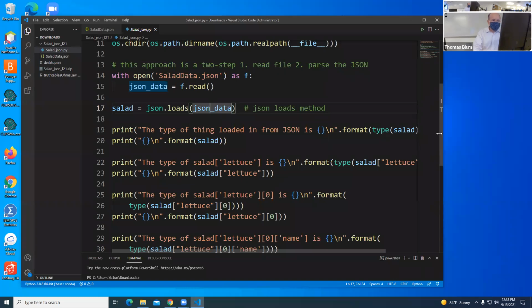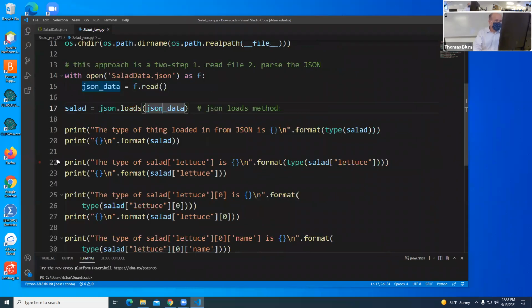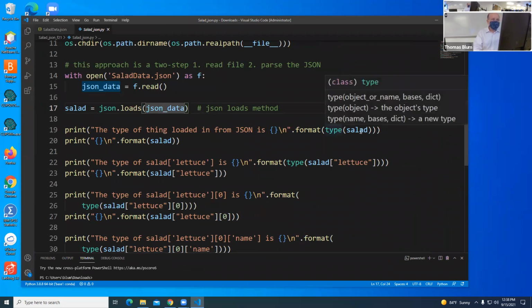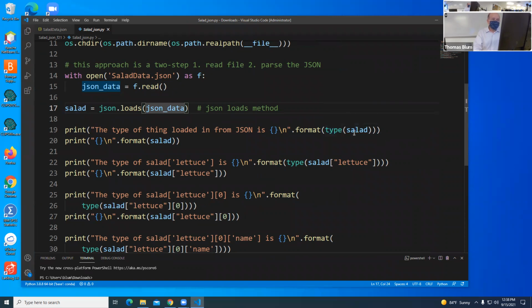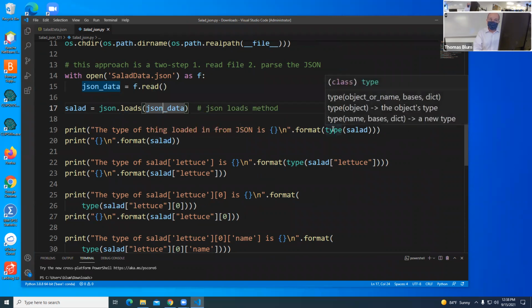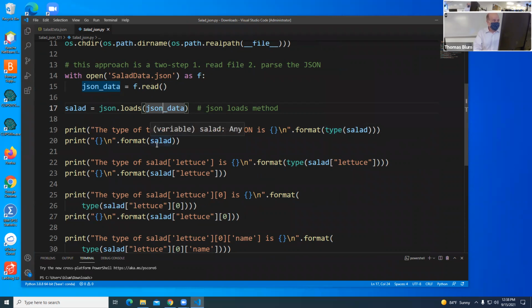These lines are too long, my font is too big. Okay, I'm printing out the type of the thing loaded in from JSON, which is salad. So salad, I'm showing you what salad is. And then I'm printing out the type of salad, and then I'm printing out salad. And then salad has this thing called lettuce, and I'm telling you what type of thing lettuce is, and then